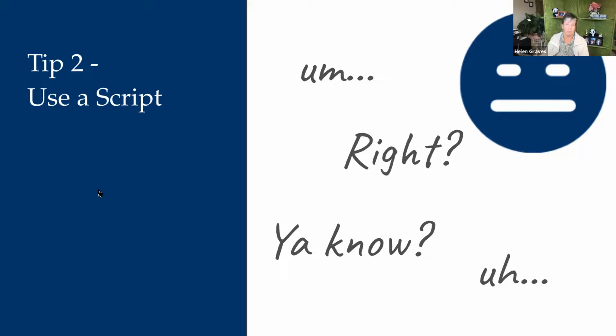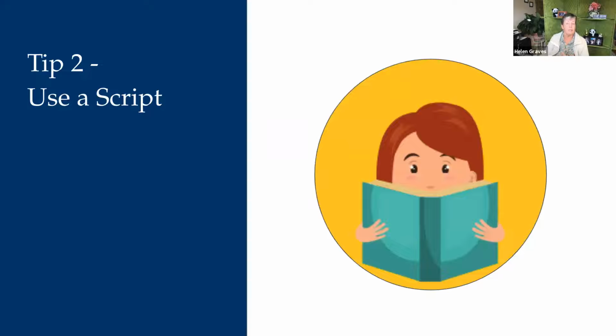When using a script, the key is to not sound like you're reading it. Many people unconsciously have a different speaking style when they're reading than they do when they're just talking conversationally. You can tell by the pacing, the way they're pronouncing words, that they're reading. So you want to practice a little bit with your script or your outline before you start recording.